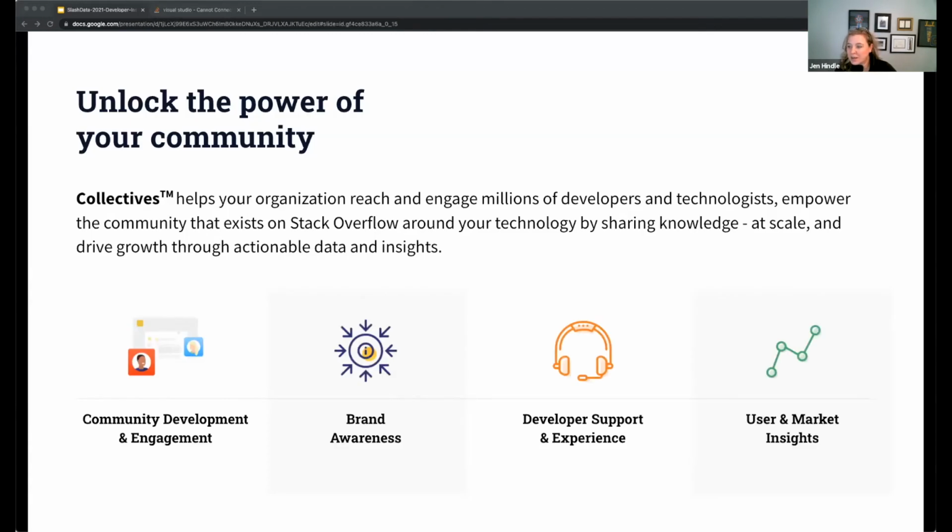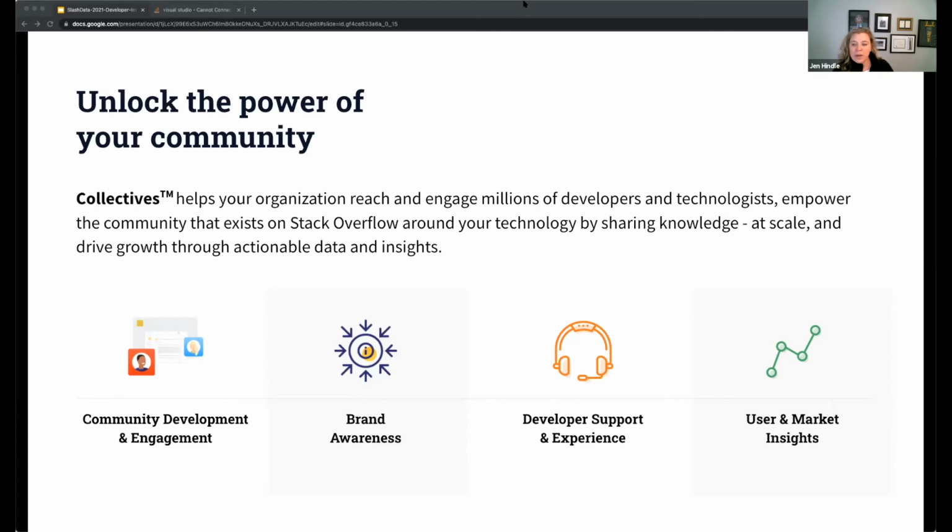We want to talk about engaging. We've talked a lot about the data and trends that are available that you can learn from your developer community. So now we're going to talk a little bit about how you can engage the developer community and find ways to act on some of those trends and insights that you're seeing.